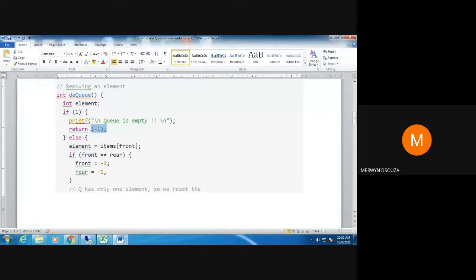You could have written some other value also, but we have to return some value, otherwise we will get an error, because in the dequeue we have mentioned that the return type of dequeue is int. So in this case, this condition is true. The queue is empty, therefore we will print the message queue is empty, and then we will return from this function, and the rest of the statements will not be executed. Clear?